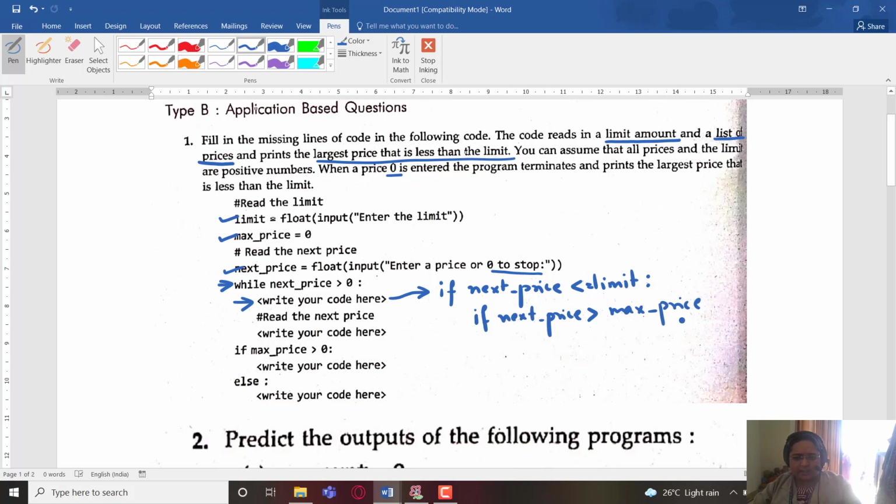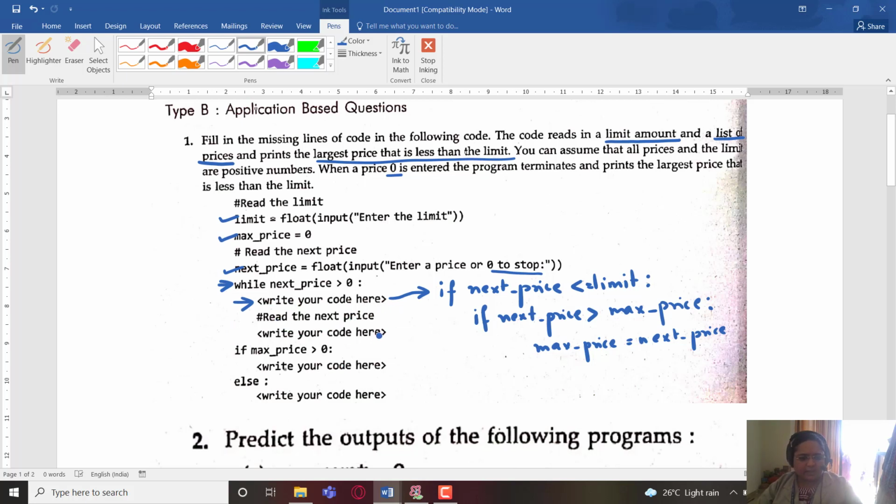So if next price is greater than max price, then we will write max price equal to next price, right? So at the end of the loop, max price will contain the highest price which is there, that does not exceed limit. So that is the code which is to be written in this placeholder.